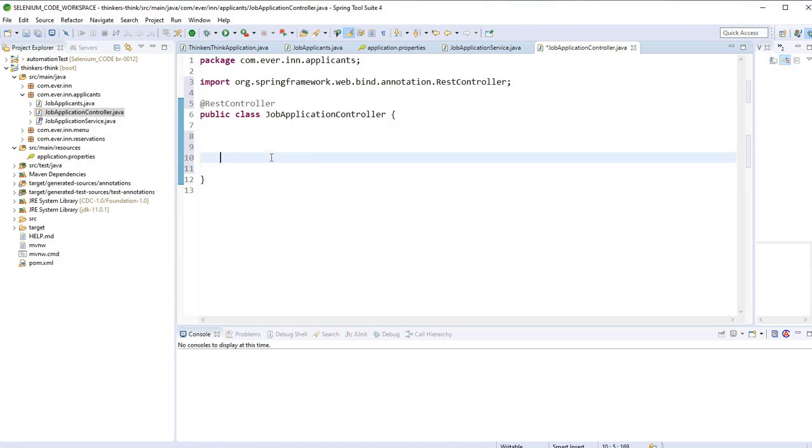First of all, I'm going to write the GetMapping, which is a GET based HTTP method. So this is going to be used just like a get. It's called get. Here you want to just retrieve the data, like how many applicants there are. So you want to get applicants. Pretty much this is going to be your HTTP URL. If you have get applicants in your URL, and it's matching, this is the result you are going to get. So let's get all of the lists of